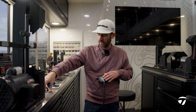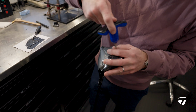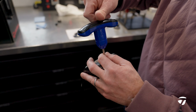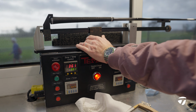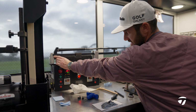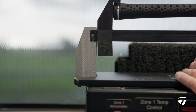Certainly at this level, but you will have a favorite golf club out there that you use, and that will have a specific swing weight, which is going to be a letter and a number. And that balance point is going to be crucial for you. Pop that on the scales. We're looking for a letter and a number. Perfect. And then I want this to just come into the middle